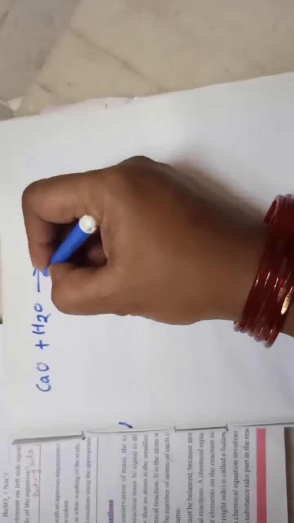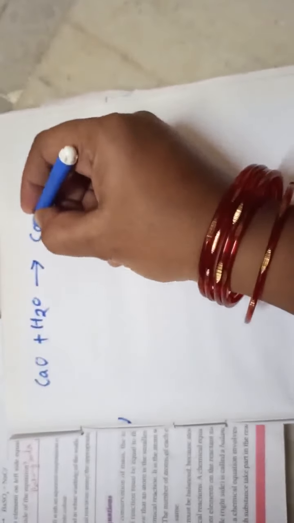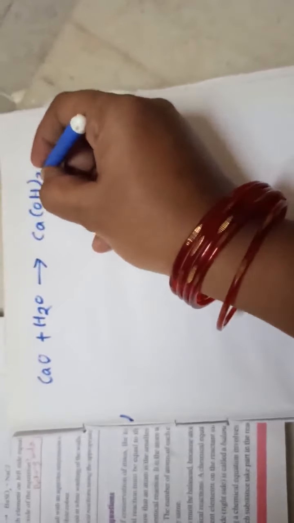We can work out the formula of calcium oxide. So I am writing the calcium oxide plus water equation. For this we get calcium hydroxide. So the compound formed by the reaction of these two compounds is calcium hydroxide. Like this we can write the activity 1 reaction. So, chemical equation. See children, now I am going to start with writing chemical equations.